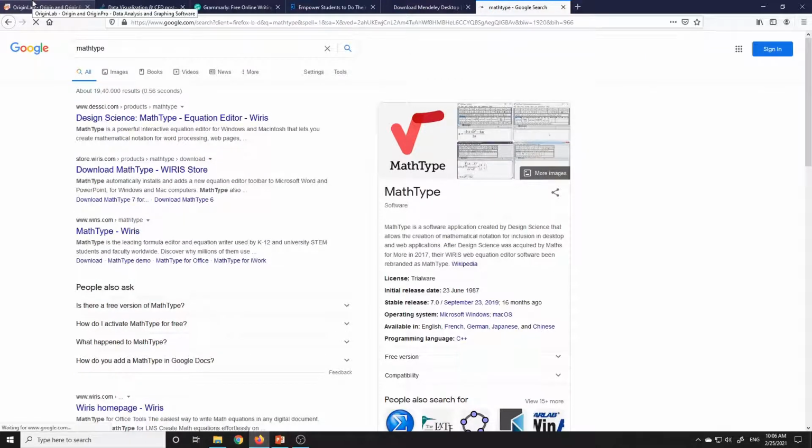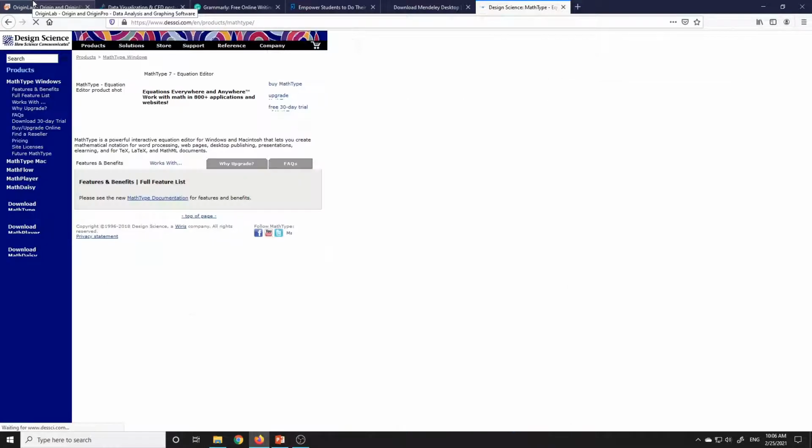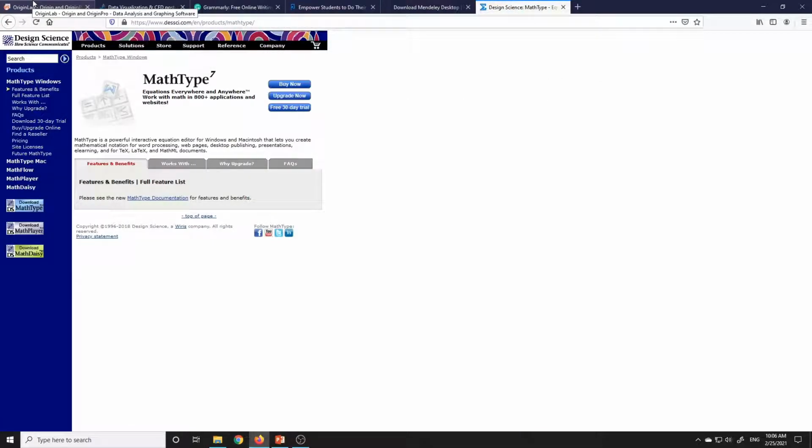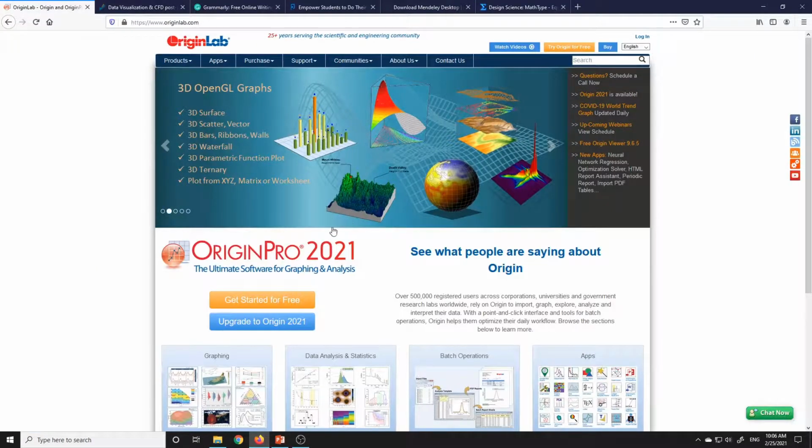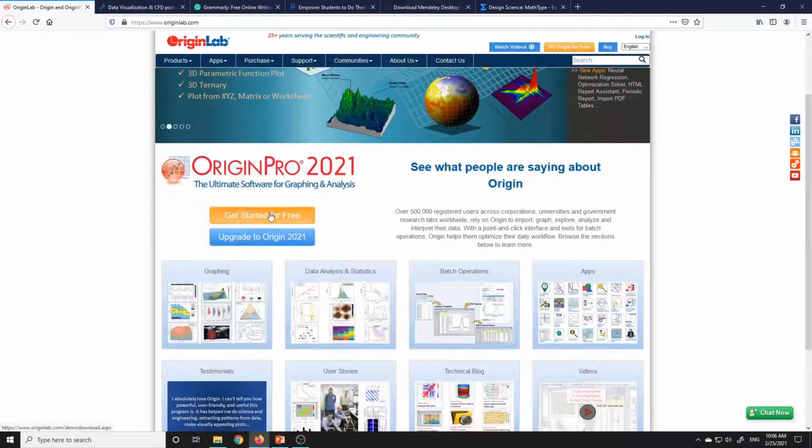Now some of these softwares might be paid, but trust me, these are very powerful tools. And remember one thing, if you are going for publishing papers, they will ask for graphs or equations specially typed in some softwares only. If you see Origin, get started for free. Let's see what is in there.